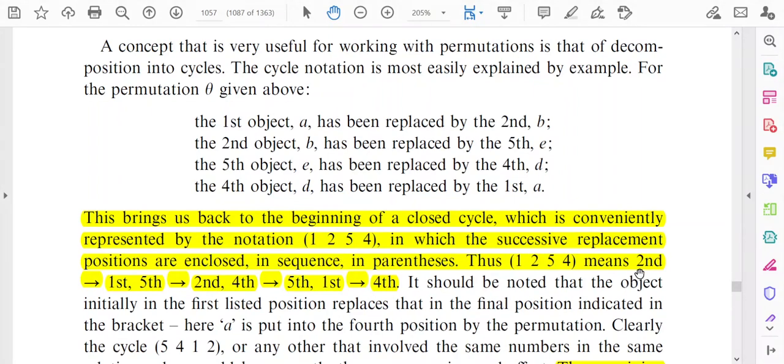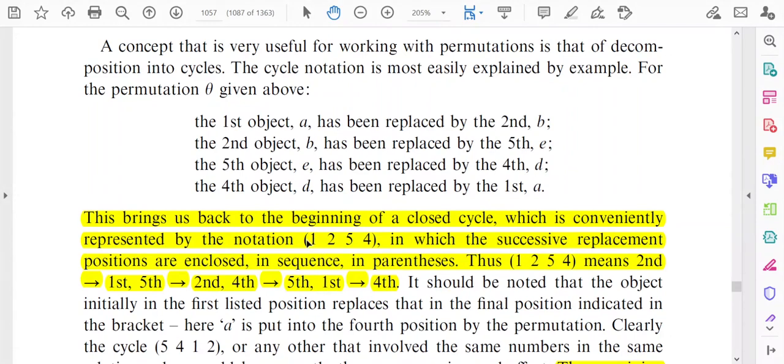So we are writing in this way, second, then arrow, then first. Then you see here is 5 and before is 2. So you draw an arrow in this direction and you say the fifth replaces the second. Next here is 4 and here is 5. So the fourth replaces the fifth. And last,